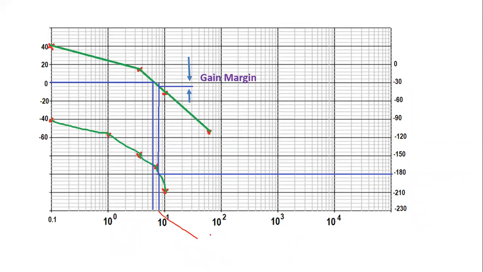So this is the omega PC. This omega PC we are extending on the magnitude plot, which intersects here. In between these two, how much gain is there? The reciprocal of that gain will be the gain margin. So once you know all these values, phase crossover frequency, gain crossover frequency, gain margin, and phase margin, then we can identify the stability of the system. Right. This is the theoretical part, and now we will see how to write the coding part.